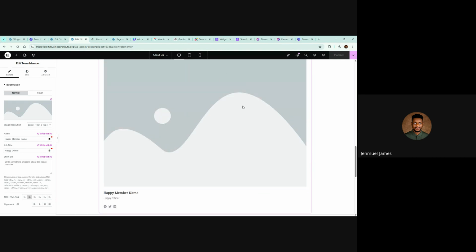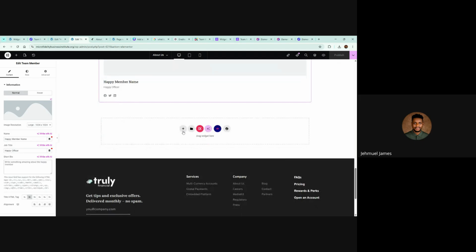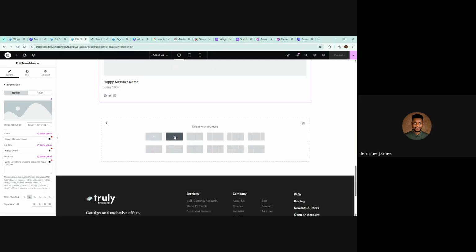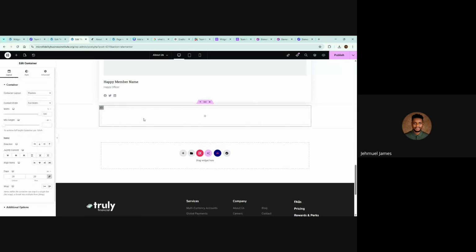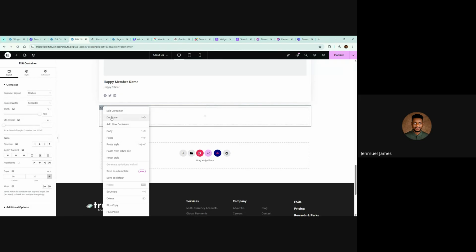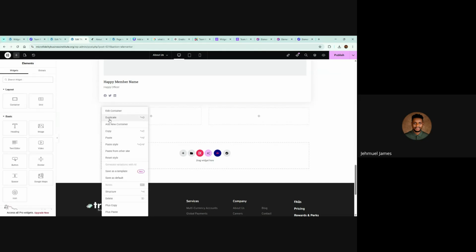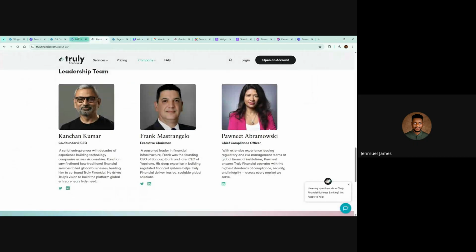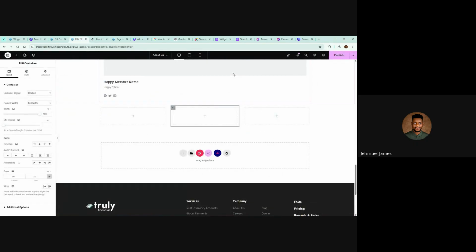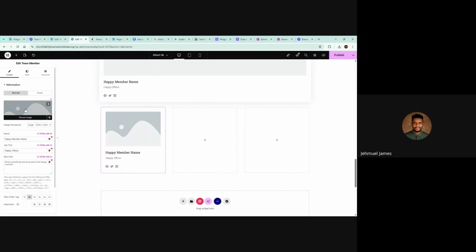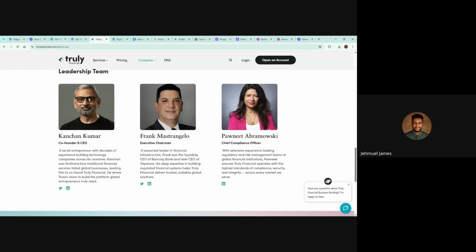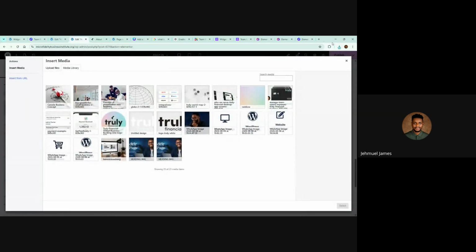It's simple. What we have to do is to just open a new container, select this, and in that new container, drag 3 other containers. I'm just going to drag the first one, click on it, duplicate it, and duplicate it. How many team members? 3. Awesome. So I'm just going to copy this and paste it into one of the containers. So we have this now. Here, let's go copy the image of the first person. Okay, great. Copy it,